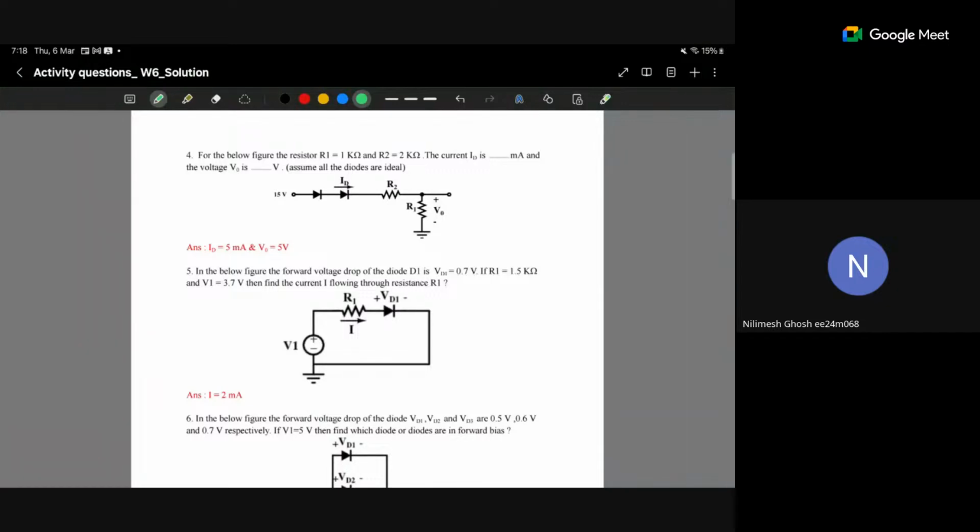Okay, I'm moving to the fourth question. See, here also all diodes are ideal. If all diodes are ideal and some positive voltage is there, then this ideal diode will be short circuited, and this ideal diode will also be short circuited. Now, if these diodes are not ideal, then what will happen? Here we can easily say that two diodes are in series. In the ideal case, both diodes, with some positive voltage at the anode,